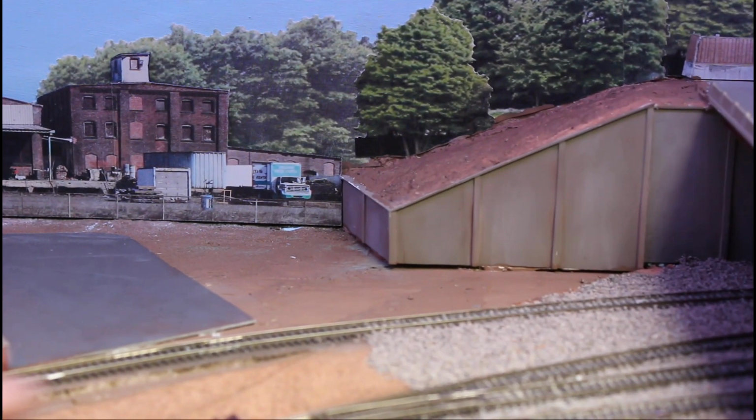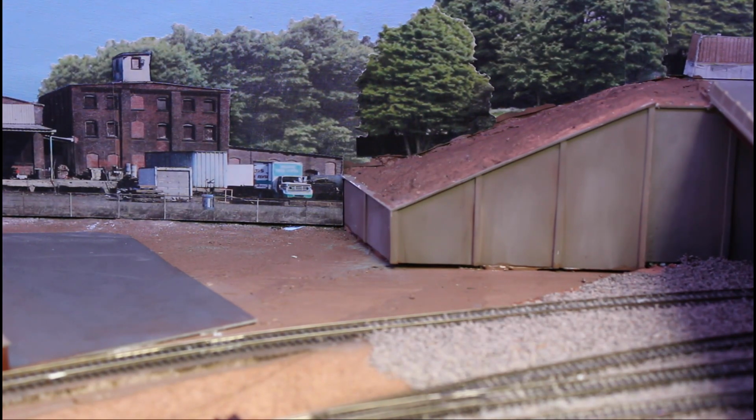I'm not going to go into the ballasting of all this area. We're just going to take care of this area and this back here, and then you can just go from there. And this is how I'm going to do the rest of it. So let's get going. Okay, so the first thing I want to do is we have to tape off a